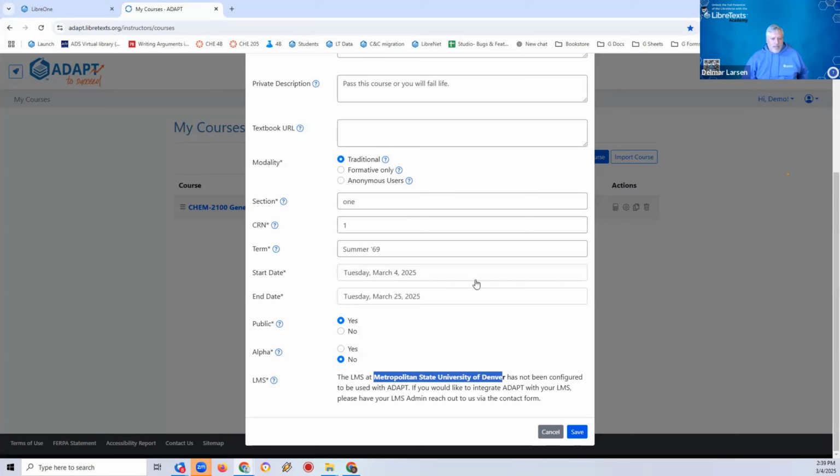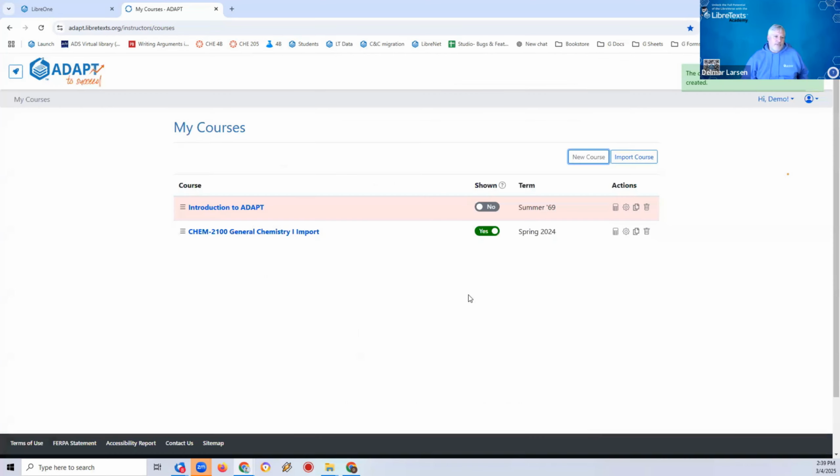If I've done everything right, when I press save, it will make a course. If I've done something wrong, it will stop and tell me I've done something wrong. And I've done everything right. So I'd like everyone to create a course using some of the parameters I did, or make any other unique parameters, but I need you to have an empty course for us to be able to work with.